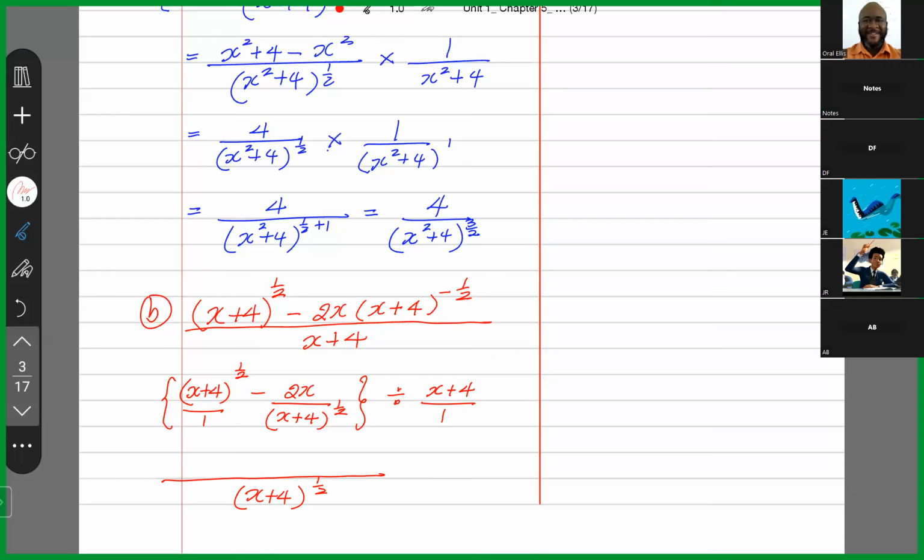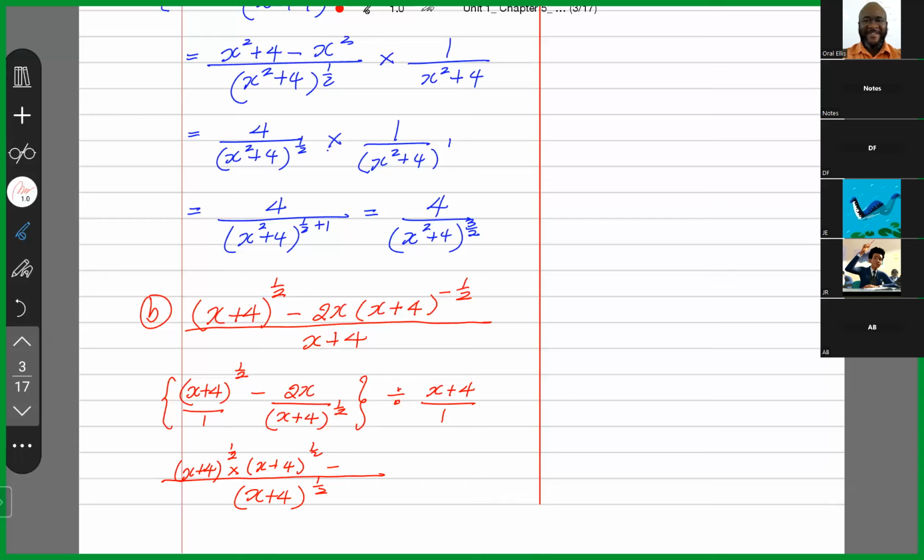So whatever you get after you divide the LCM by the denominator, you're going to use that to multiply by the numerator. So I'm going to multiply the numerator, which is x plus 4 to the half power, by what I got when I divided the LCM by the denominator, which is x plus 4 to the half power,